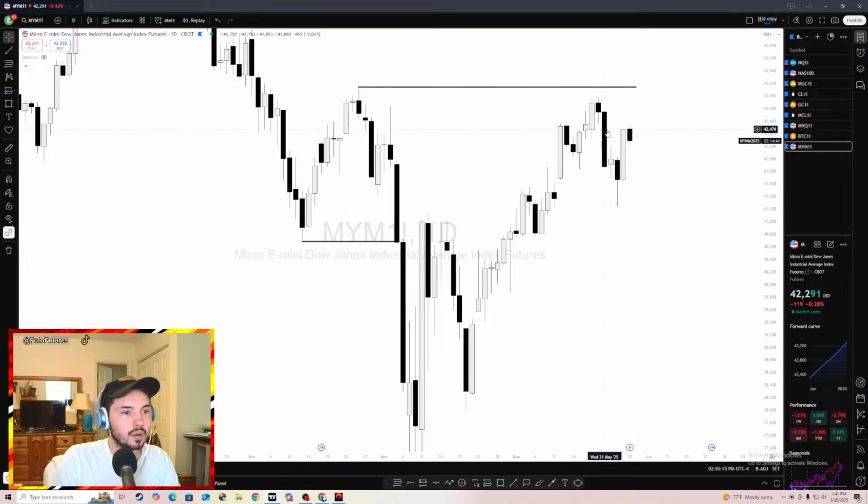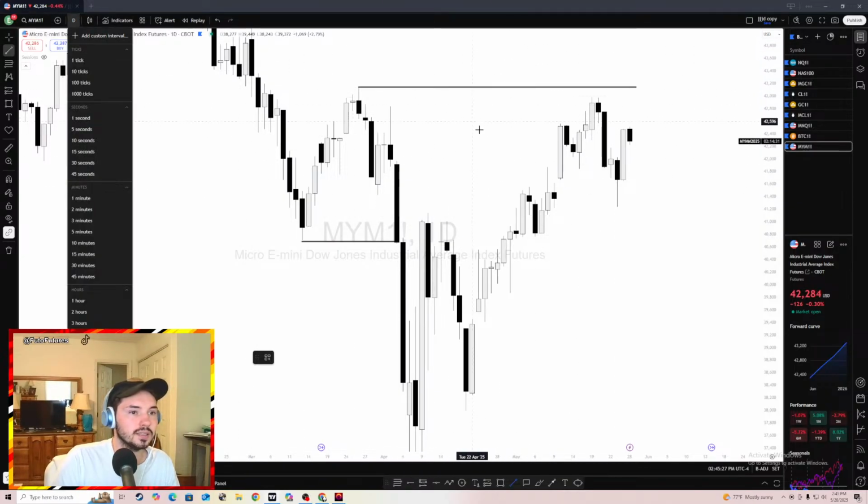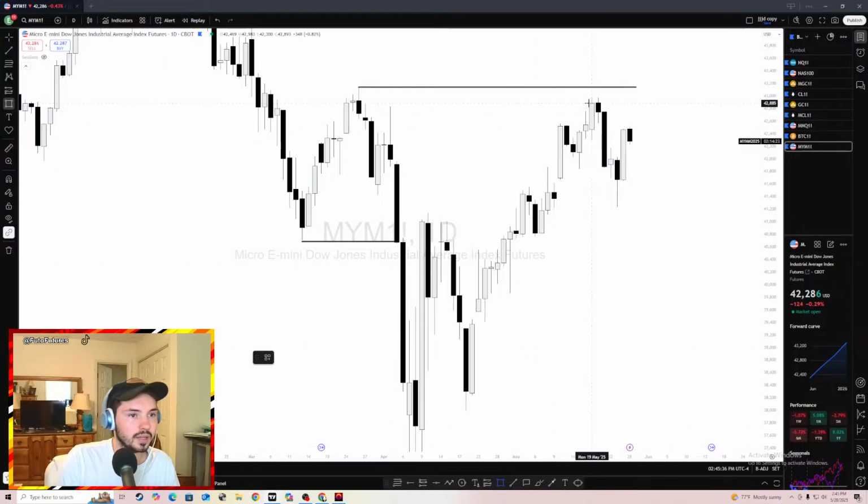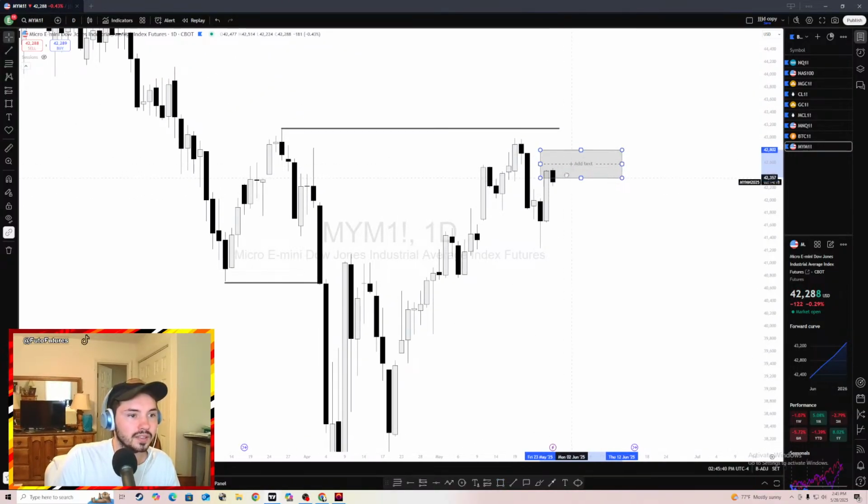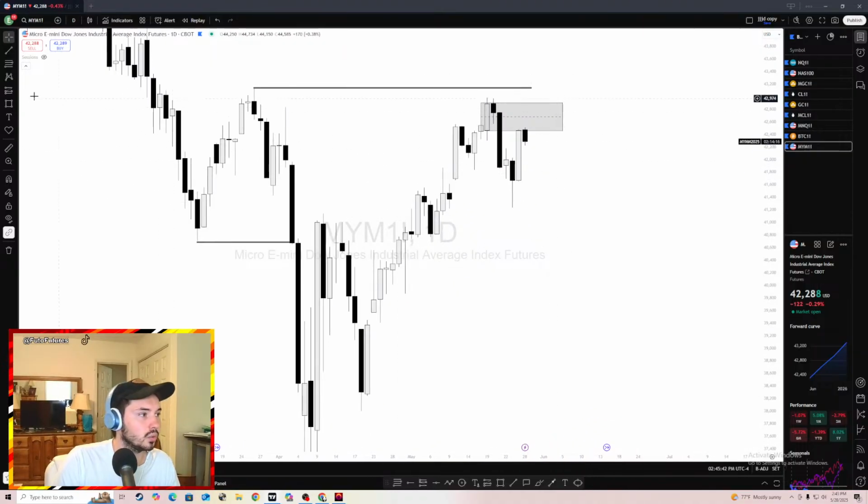We are still moving upwards. We have not broken any specific lows on the daily time frame, right? We've created this high, we've created this low. We haven't broken any highs, so we could be bearish on the 30-minute time frame. So if I look at this, I might be bearish on the 30-minute time frame. I don't want to see this high be broken again. It could be wicked out, but I don't want to see a candle close above this. So maybe if I look for a retest in this general area again, I might take a short down.